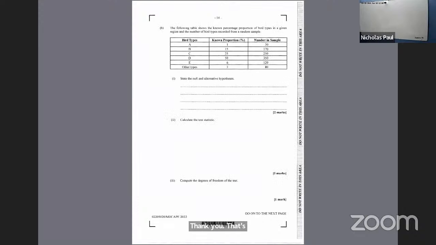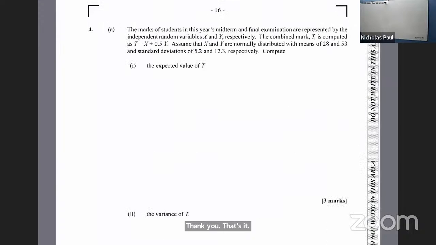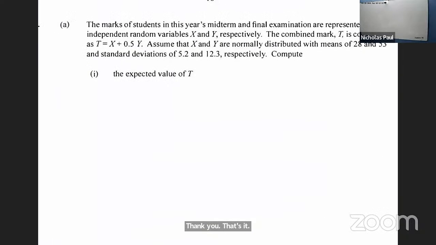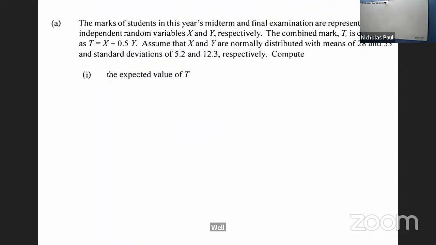Right, with the consideration that we consider n to be different, start going to be different. 40. 40, so the marks of